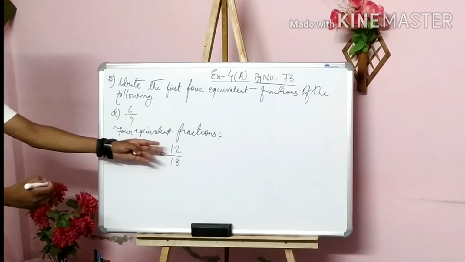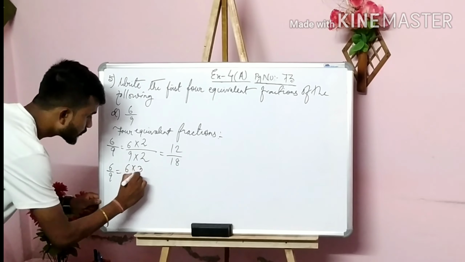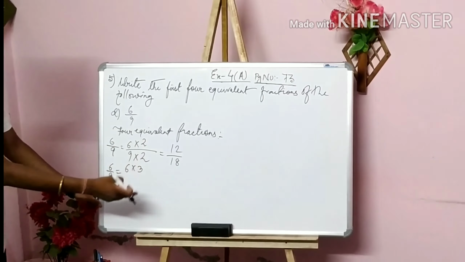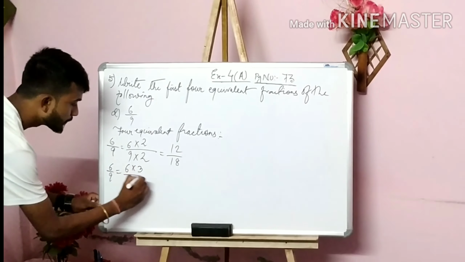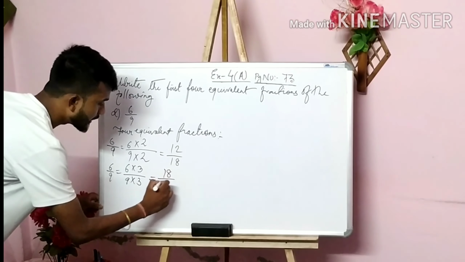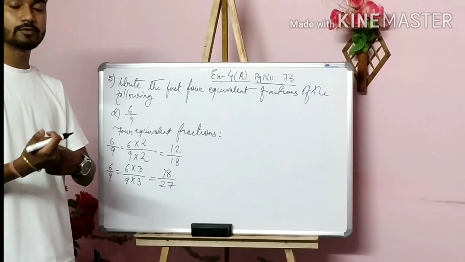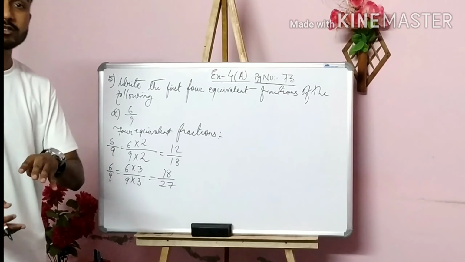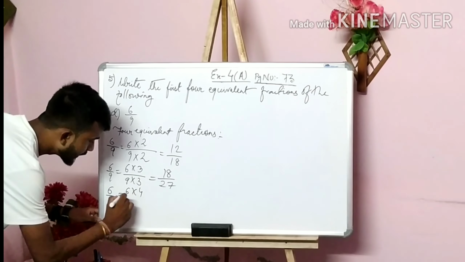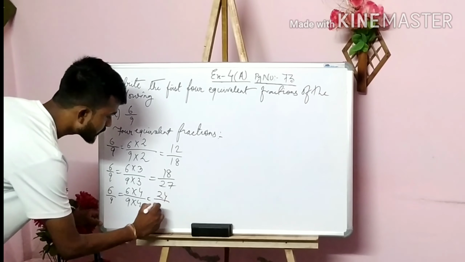Now we have to find 4 like this. So 1 we have got. Again you write 6 by 9, into 3, as we multiplied by 2 first. So after 2 comes 3, after 4, after 5 we will do it. So again 6 into 3, 9 into 3, the same value we have to write. 6 3s are 18 and 9 3s are 27. If I'm going too fast, kindly tell me. You cannot tell it here, but still I'm making it a little bit slow. 6 by 9, 6 into 4 and again 9 into 4. So 6 4s are how much? 6 4s are 24 and 9 4s are 36.